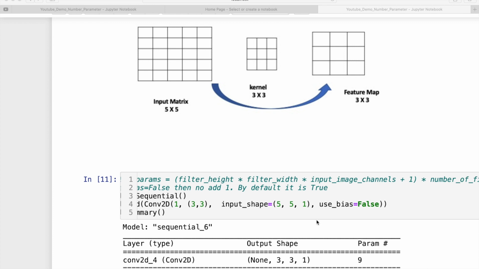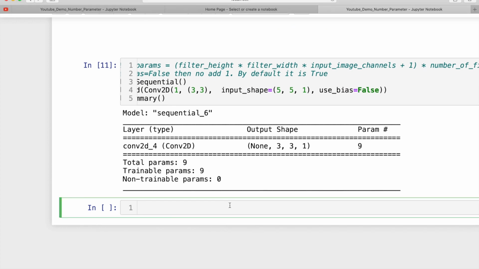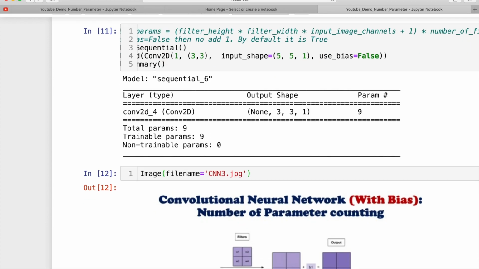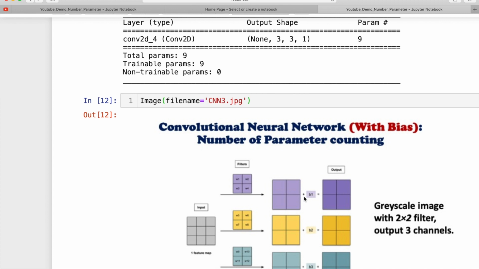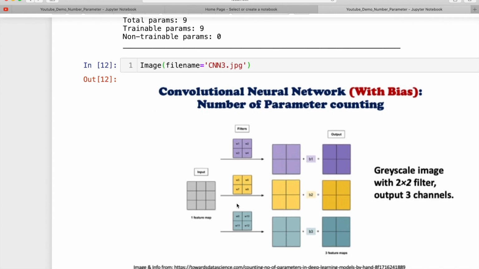Let me take a bigger example in the convolutional neural network. In this case, you have the gray image, but we are taking 3 channels and the filter size is 2 into 2.